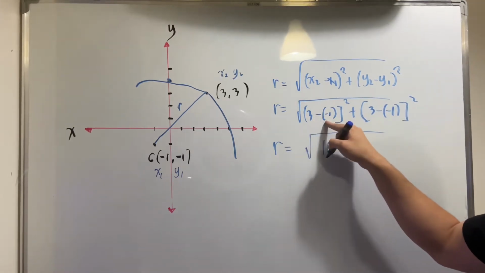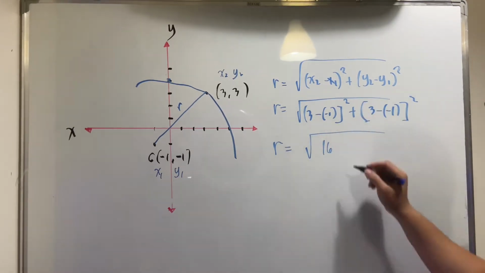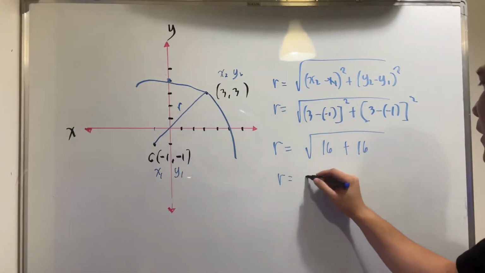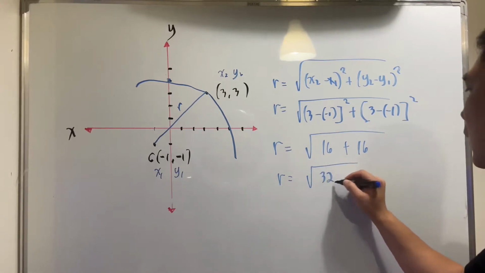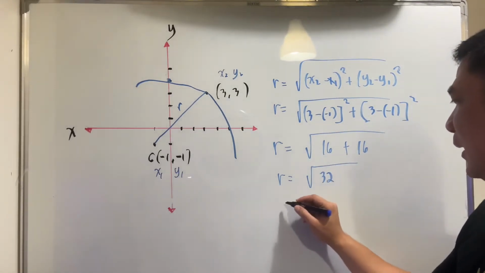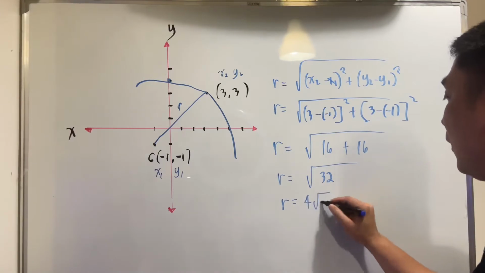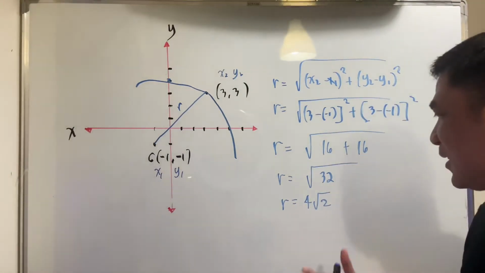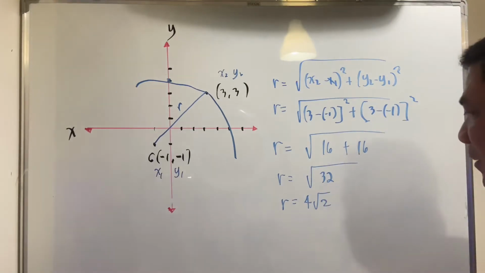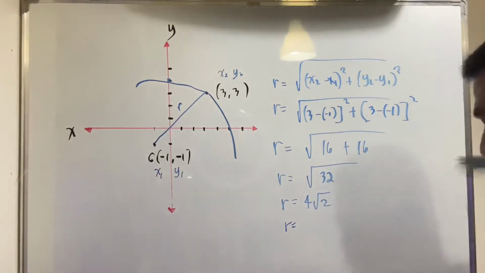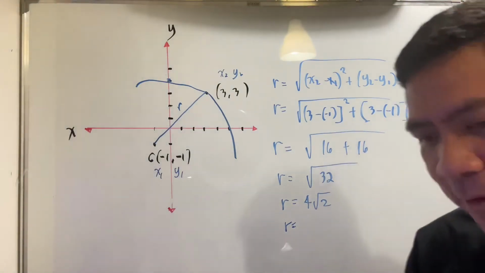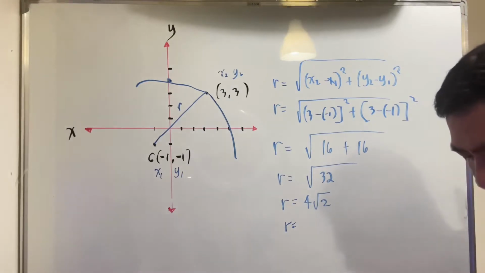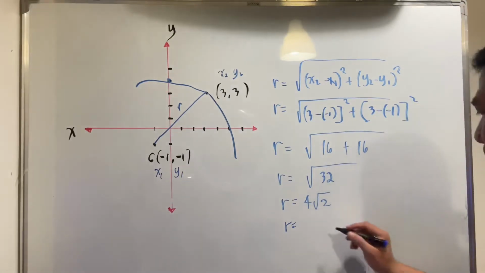So 3 minus 1, that's 4, the square root of 16 plus 16. So the radius is the square root of 32. Or you can say the radius is 4 square root of 2 if you don't have a calculator. If I'm the teacher, I would consider this answer as correct. But if you have a calculator, you can simply calculate the square root of